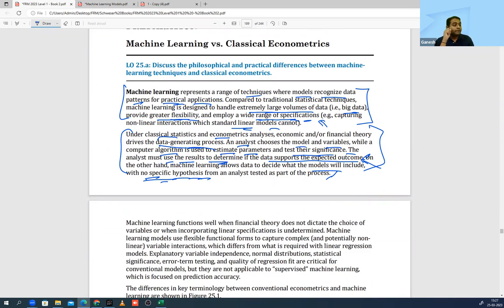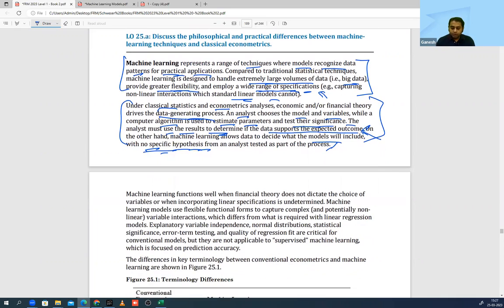Means, if you remember the chapter hypothesis testing, what was hypothesis? A statement. So before you run the hypothesis testing, you have to make a statement that, okay, this is what my belief is. And then you test the belief by doing the hypothesis testing. Right? So everything is dependent on that belief. Over here, there is no hypothesis. Clear hai? Okay?